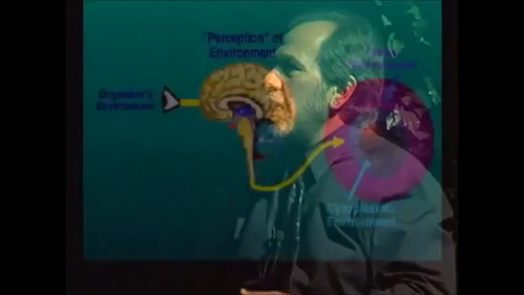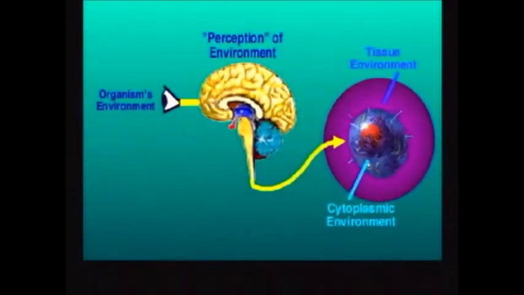So the brain gets in between the environment and the cell. The cell no longer reads its own environment. The cell depends on the central nervous system to tell us about the environment. So the bottom line is this: the cell on the right is intelligent. It will always be able to adjust itself to the environment. That's when